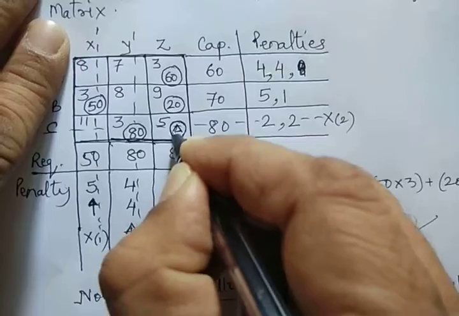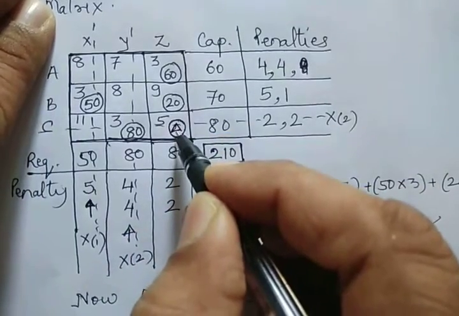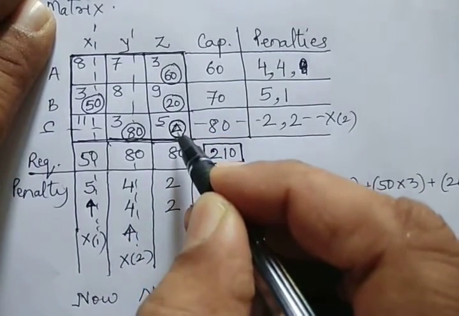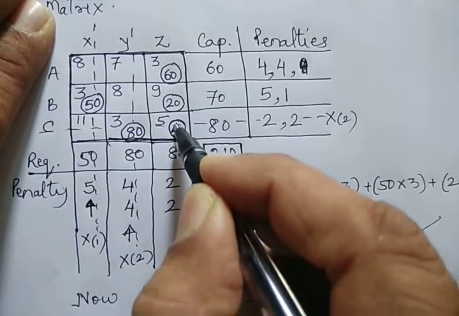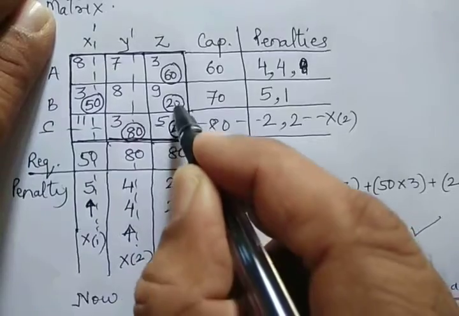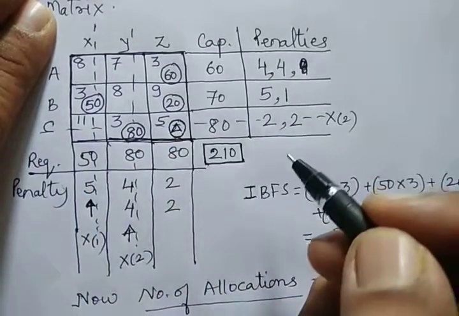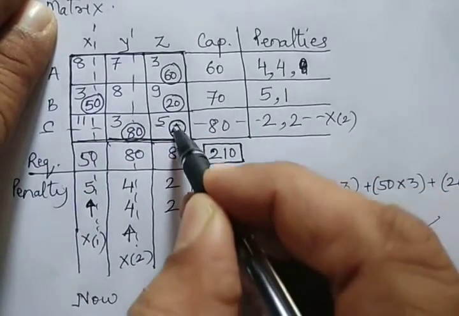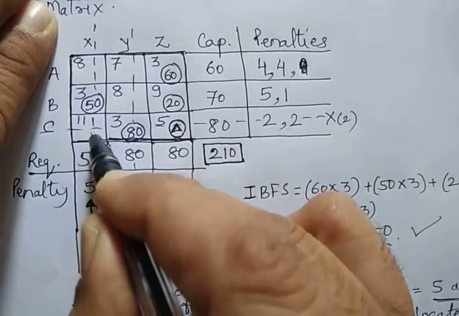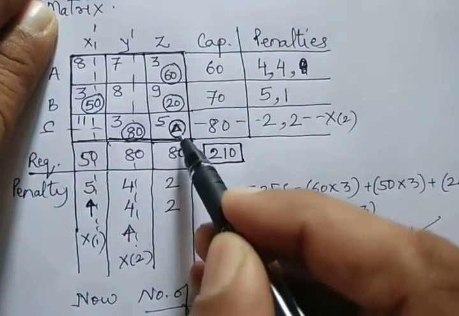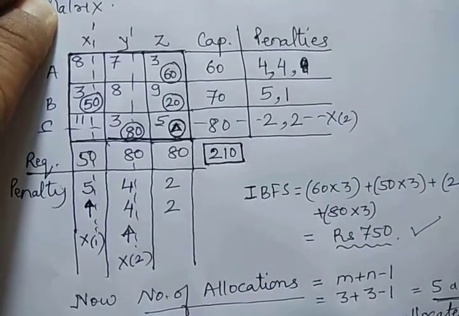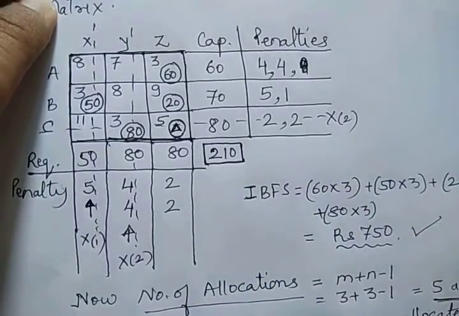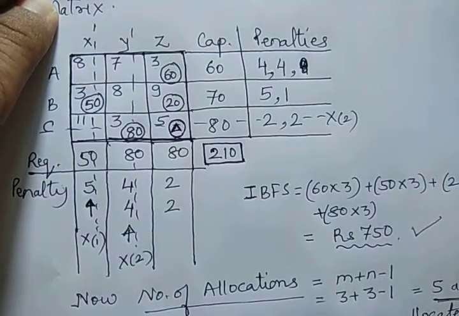So this delta allocation should be such that it should be independent also. Independent means it should not form a loop with the allocations. These are allocations, so with these allocations, it should not form square or rectangular loops. So here, this delta is not forming any loop. So I allocate delta to the smallest cost independent cell. Now the problem becomes non-degenerate. So we have to check this problem now for optimality.